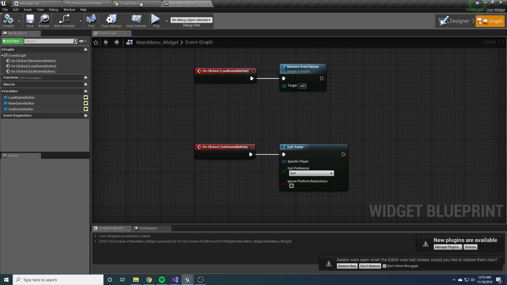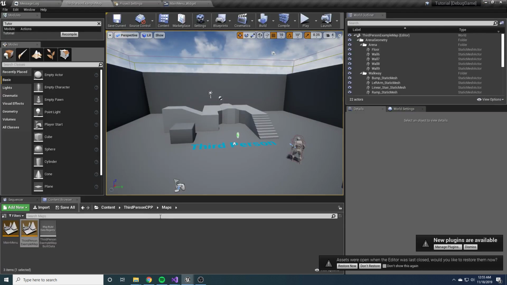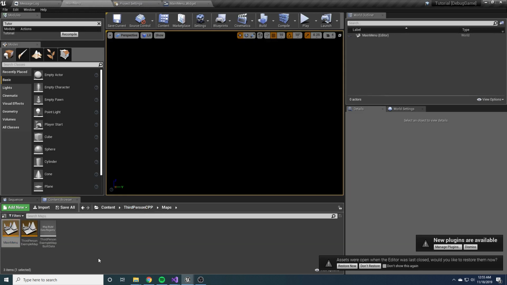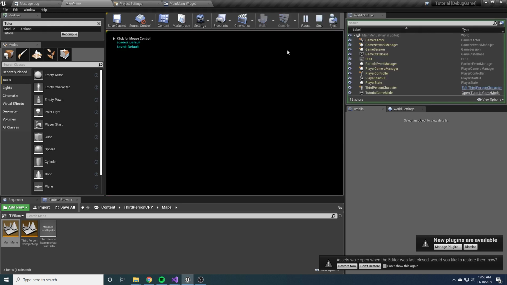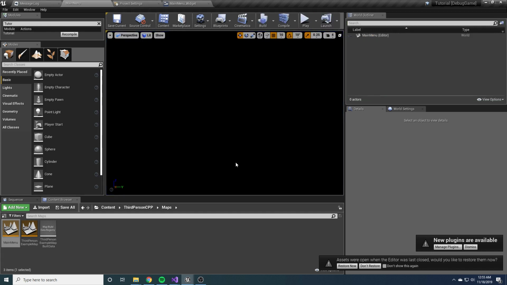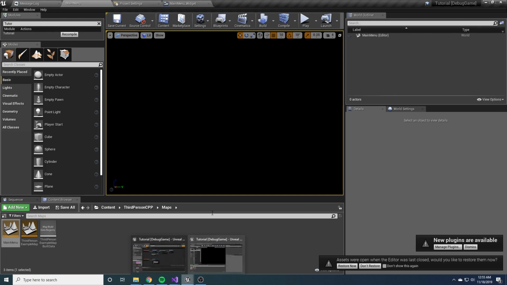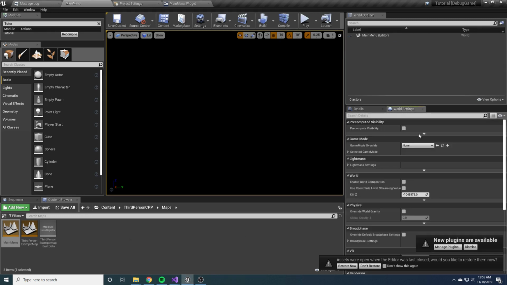So let me just run this and make sure it looks the way I expect it to look. So if we double click main menu, oh, there are some more things we have to do. If we just run it, we're not going to see anything because we haven't actually displayed that widget yet. You also saw on the top left, it printed out some of the saving and loading stuff, and we don't want that. And the reason that is happening is because the game mode is still set to